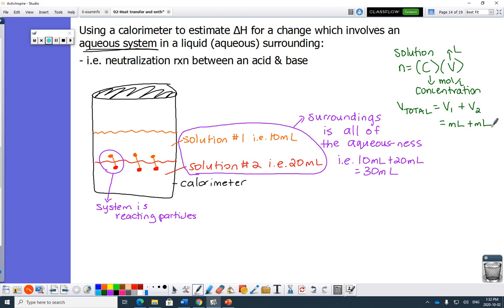But we're maintaining the property that milliliters equals grams. Same C. Same delta T. And the temperature change notes are the same. So you can either rewrite them in this box or just write